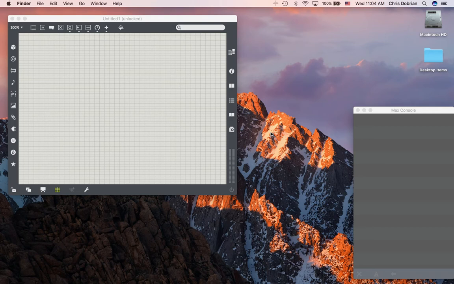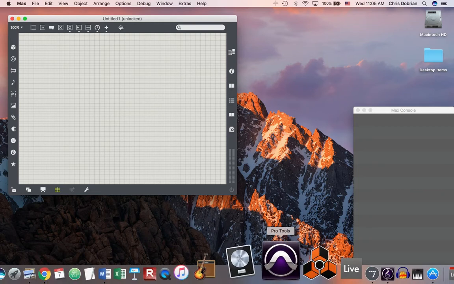I'm going to show you how to send MIDI from the Max application to Reason. If you have your Max application open here, then it will have created for you two output ports, two virtual MIDI output ports called From Max 1 and From Max 2. So now if I go and I open Reason,